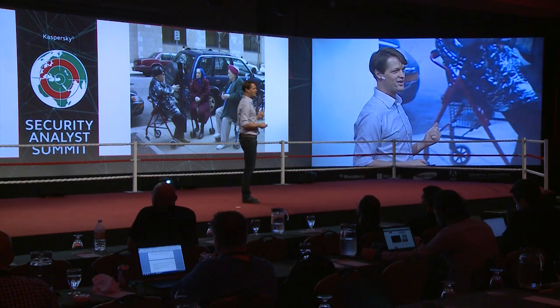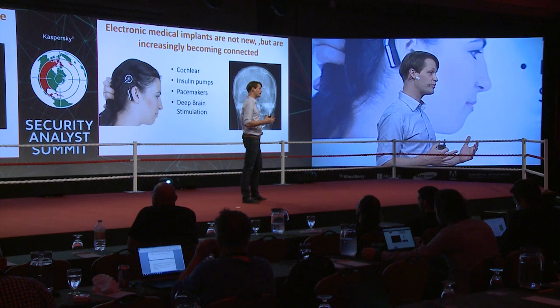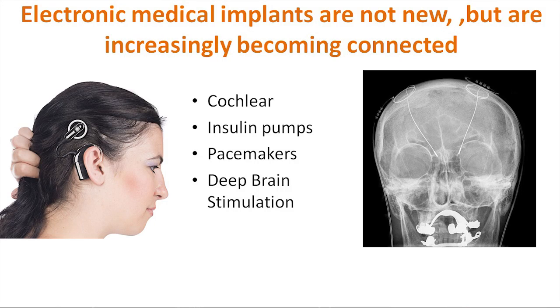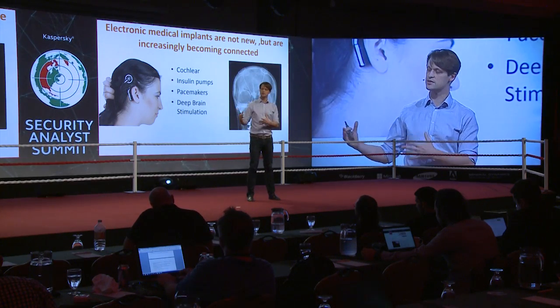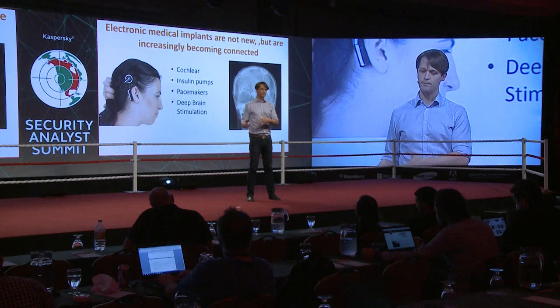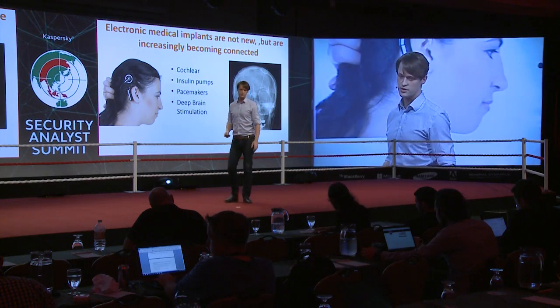With having all these medical implants that people now have, even smart medical implants like hearing aids, insulin pumps, pacemakers, and all these devices that infirm people get to use when they get older, or people with certain diseases have to use. They are also becoming connected to a much greater extent, which is a completely separate security discussion, of course. We also have this entire field of fitness and activity trackers, which people carry around, and they are always connected, sharing data